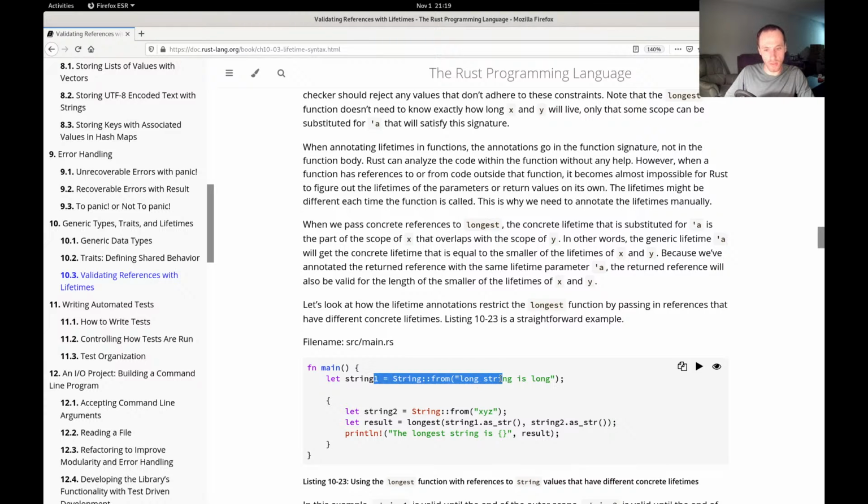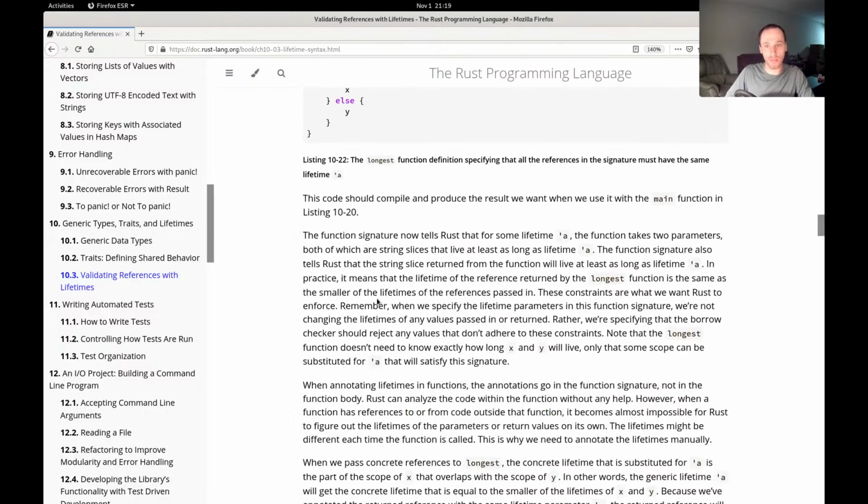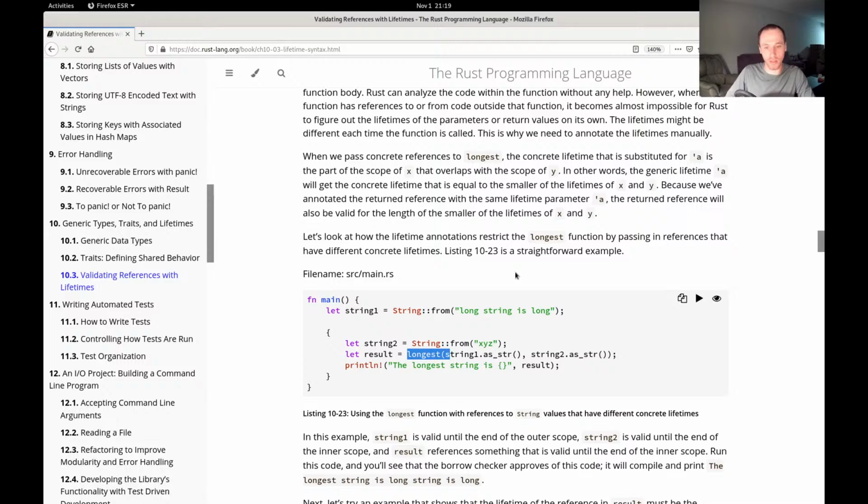And the lifetimes of these do not change from the longest function now suddenly having these lifetime annotations added to them. It's just that now we've explicitly said that the return of the function that uses these two is going to be the smallest of the two, such that it's enforcing